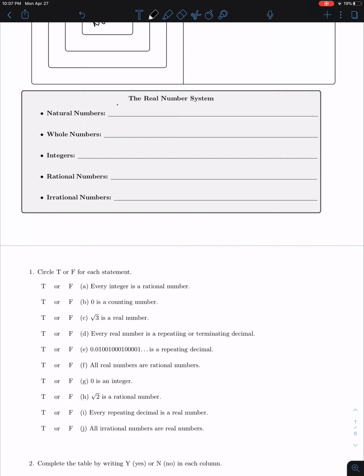So remember, our natural numbers are just the counting numbers. So it starts with 1 and then goes on from there. Our whole numbers are our counting numbers, but including 0. Our integers are every whole number, positive and negative. And our rational numbers are anything that can be written as a fraction. So it's really things of the form a over b,